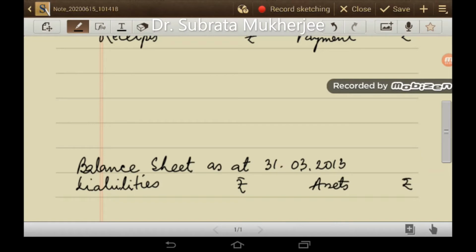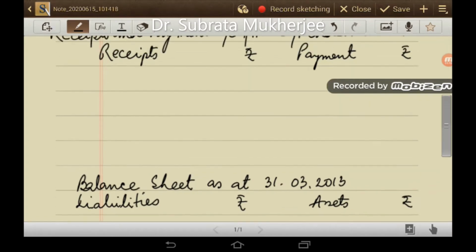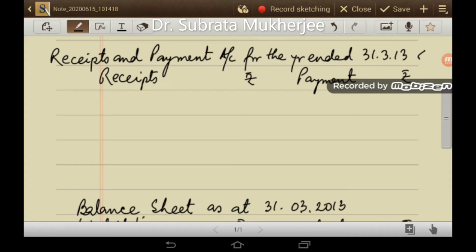Now the first item of the income and expenditure account is salaries. There is no adjustment for salary, so I can safely write it in the payment side of the receipt and payment account: by salaries, 35,000. The next item is general expenses. There is no adjustment for general expenses, so I am writing in the payment side by general expenses account,